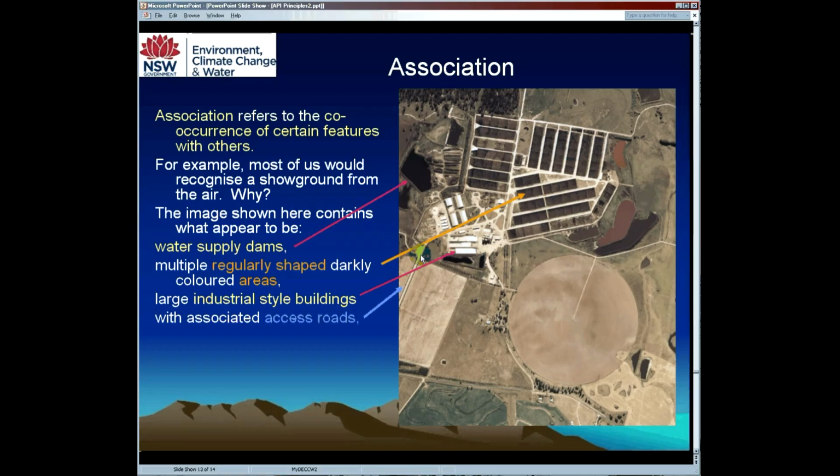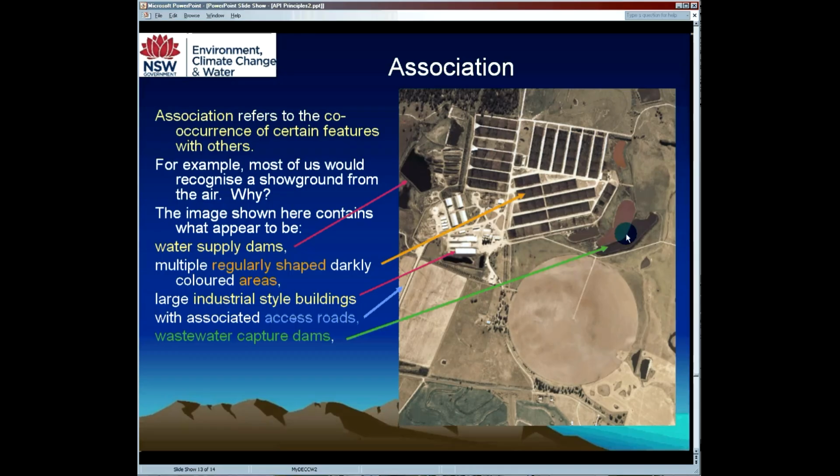We have an access road, a very significant access road that's quite wide. When you consider these are industrial sized buildings, this is probably a single vehicle track. This is probably a dual lane road coming into this facility, so we can expect fairly heavy vehicles to be moving in. We have these wastewater capture dams,